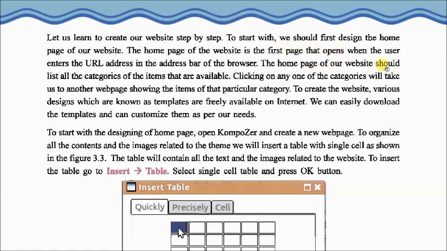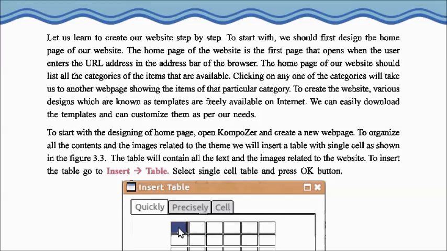The home page of our website should list all the categories of the items that are available. Clicking on any of the categories will take us to another web page showing the items of that particular category.